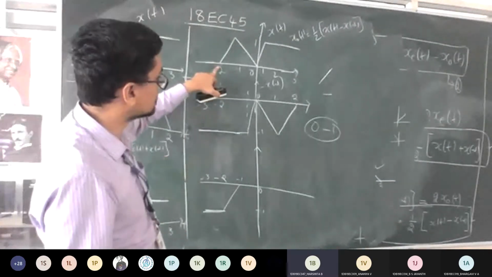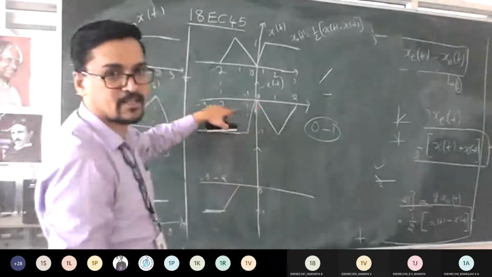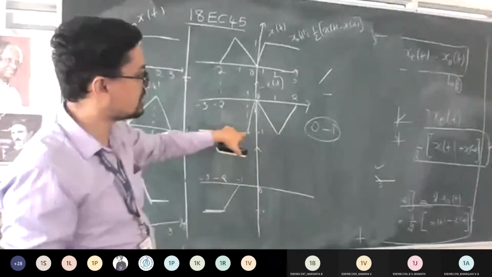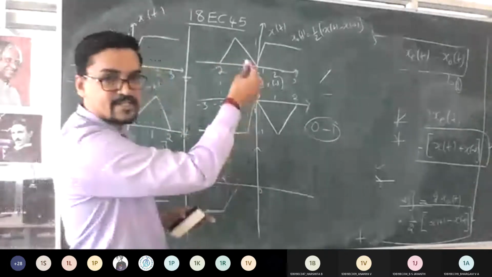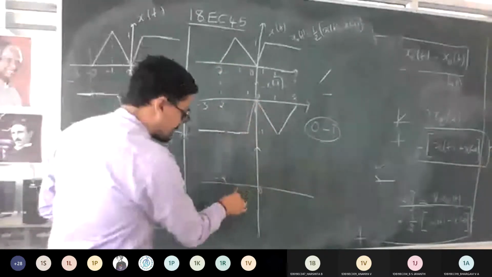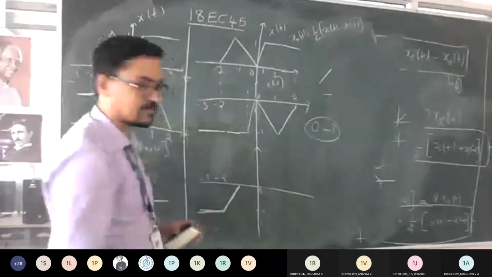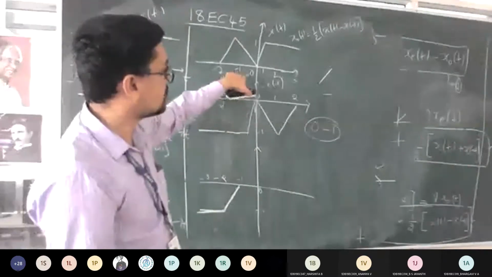I'll repeat once more. Minus 2 to minus 1 increasing. Minus 2 to minus 1 it is constant. This amplitude is plus 1. This amplitude is minus 1. So plus 1 minus 1 means 0. But signal is rising, so it is going to end at 0. So this is how I can end for this. Shall I proceed?